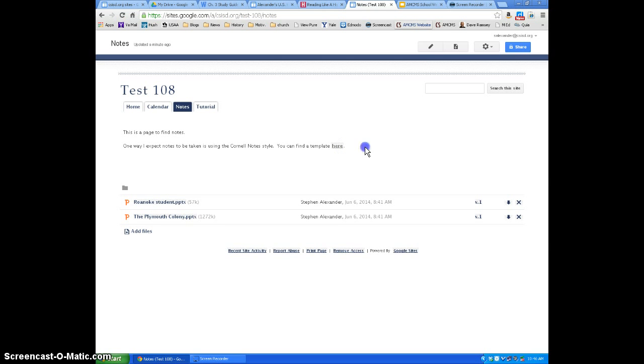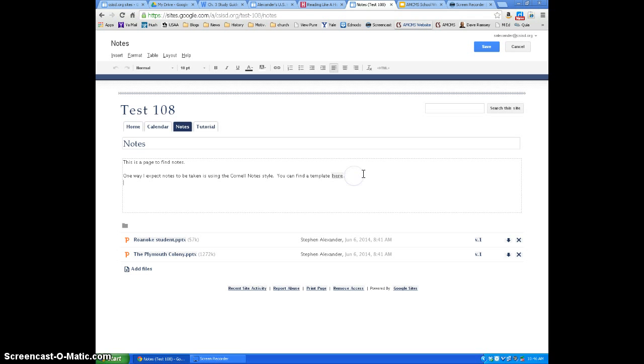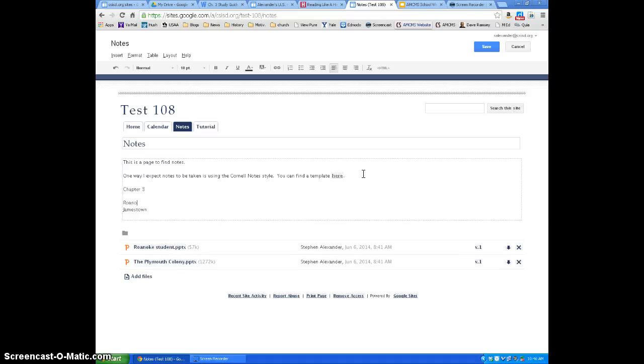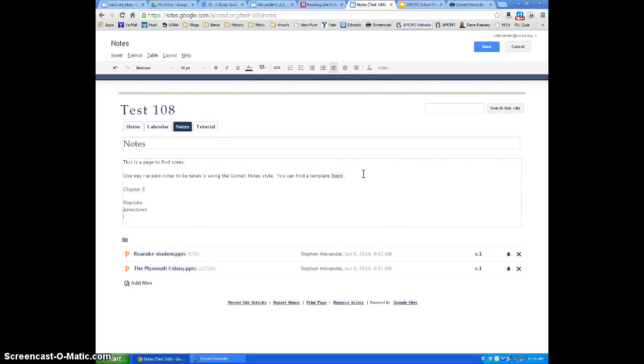once again I have to click edit. You could, one way to organize your notes would be chapter 3, and then you put Jamestown, or Roanoke, then Jamestown, and then Plymouth, or whatever your notes obviously would be, or chapter 3 section 1, chapter 3 section 2, chapter 3 section 4, however you want to title it, and that you simply make these a link, just like I did here